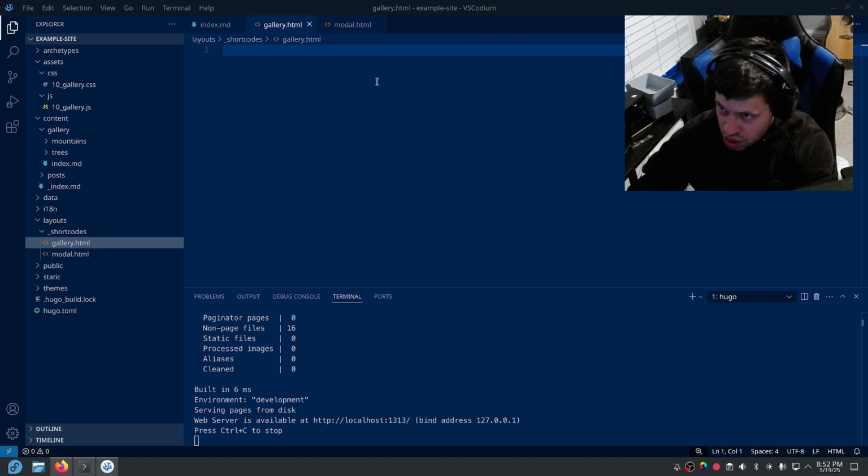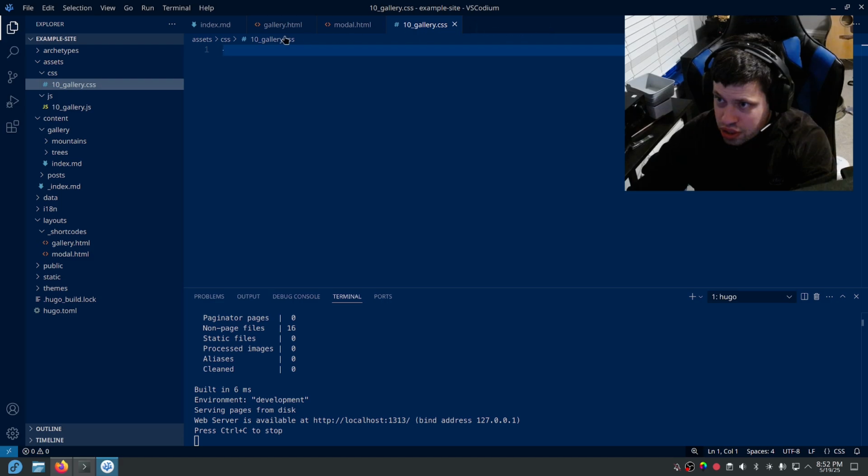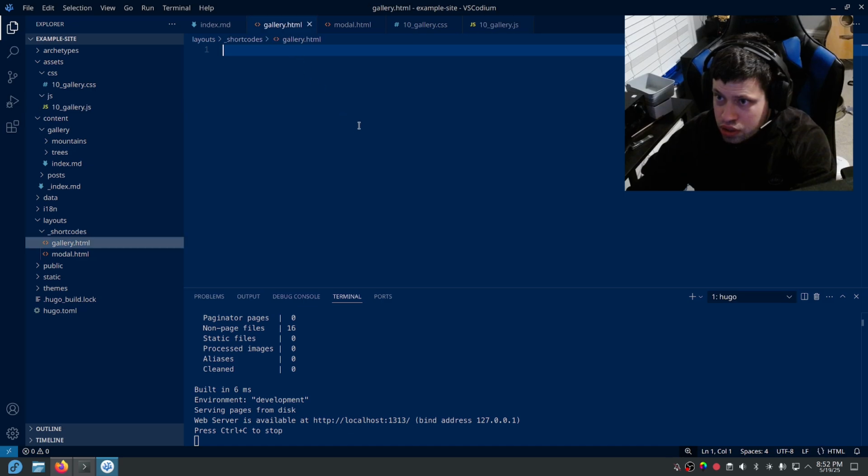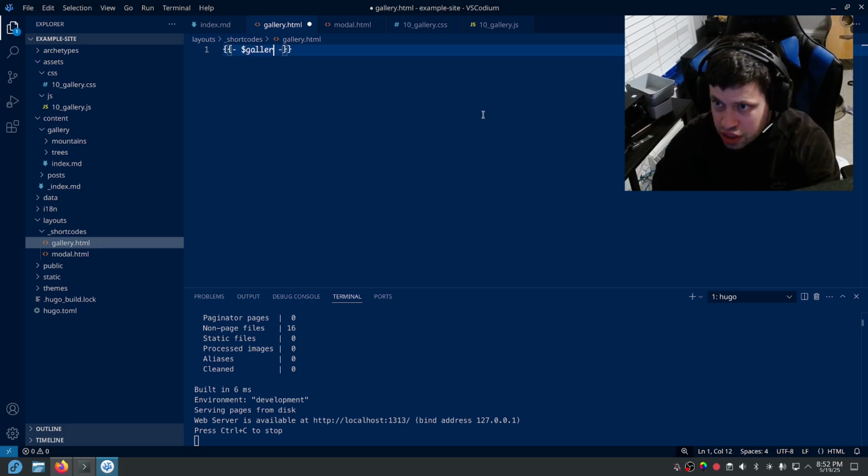So first things first, we need to make the gallery on the page here. I'll open these two. So I'm going to start this by, I don't really want any white space here if I can help it. That's what the dashes do in that. The double curly braces just signifies Hugo code. Then we're going to instantiate gallery. Then we are going to use the index function of Hugo so that we can customize what gallery we're